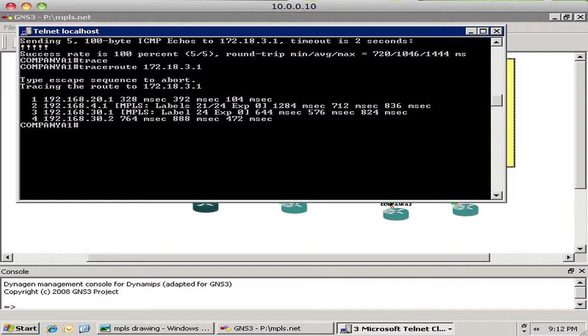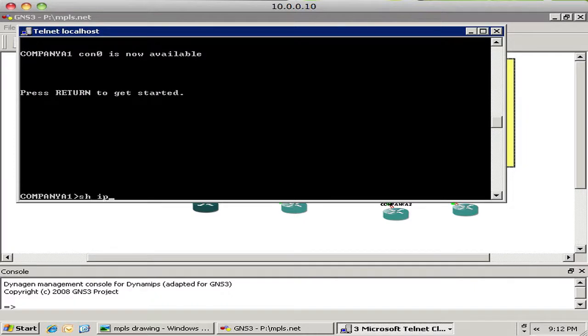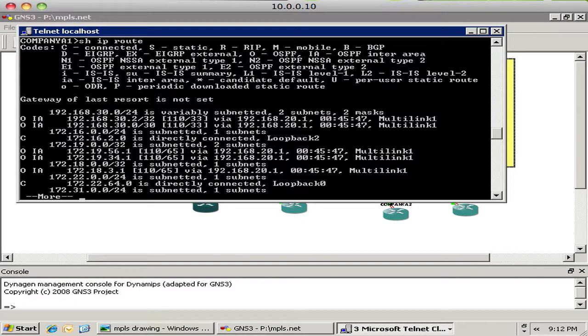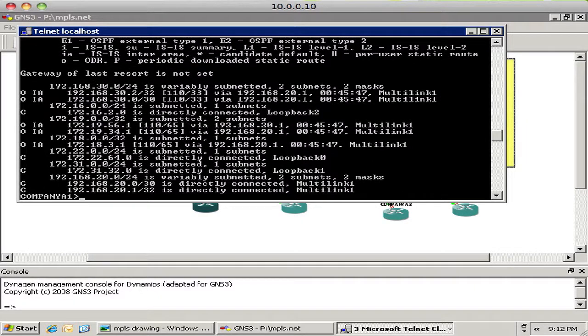30.2 is actually the other office. So that is basically, from the company's perspective, how it sees it. It sees it as just inner area routes. So you can see how cool this is, that most people don't see any of the infrastructure associated with MPLS